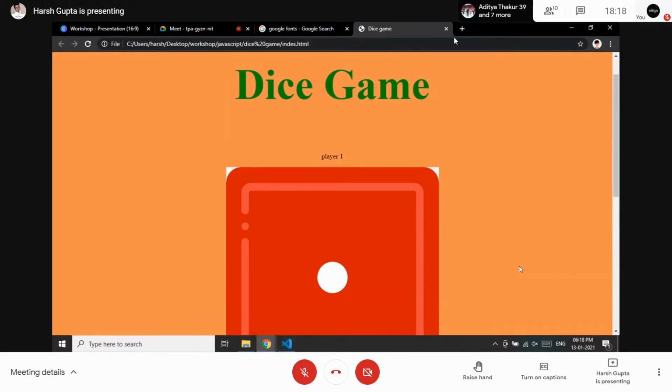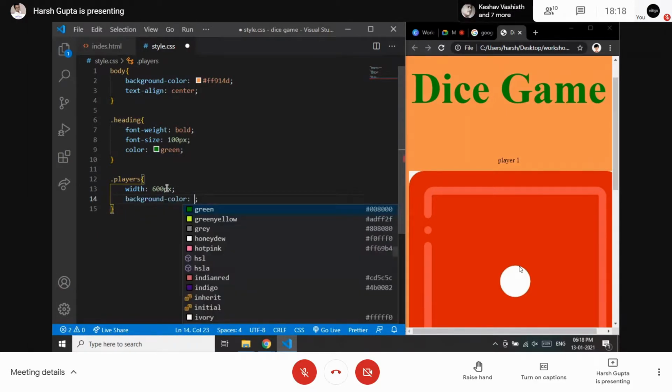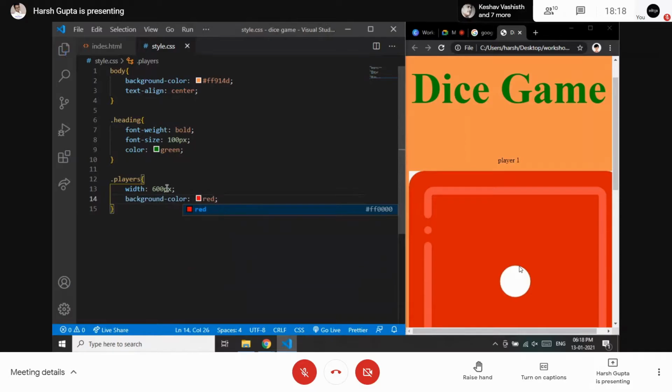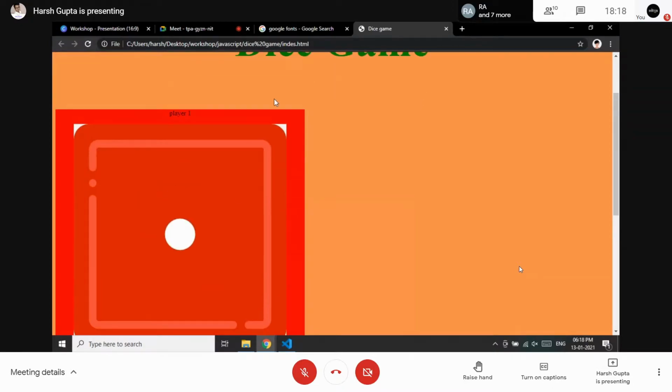So for making that, I will be typing first a width so that we can confine what should be the proper width of that particular div. So I have the width. After the width, let's say I was also having the color, and let's say the red. Let's see what is happening here. We refresh this. Okay, so now I know inside this div tag, I have the width of 600 pixels and the background is red.